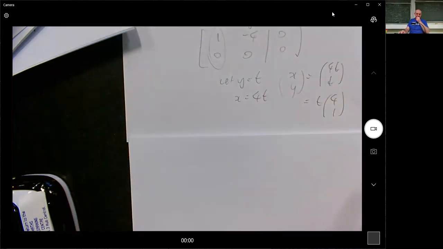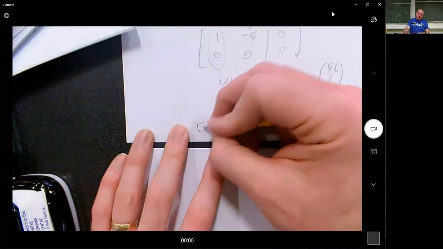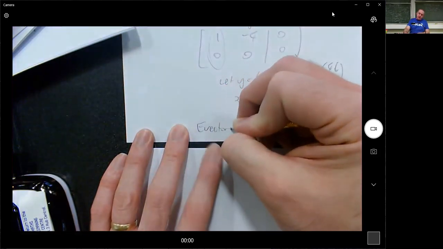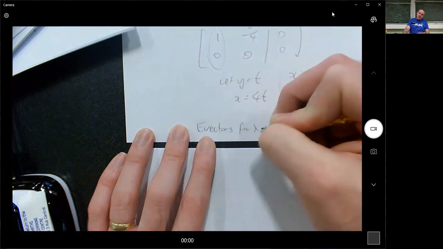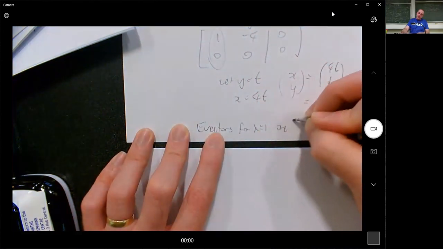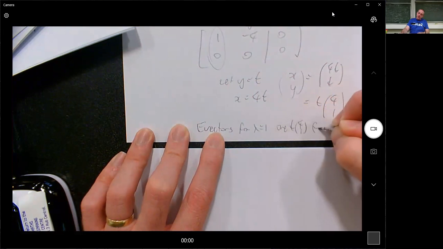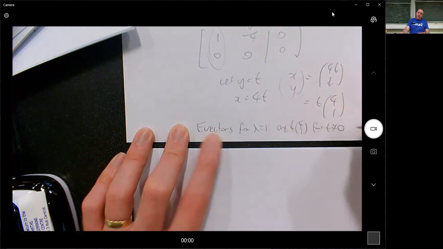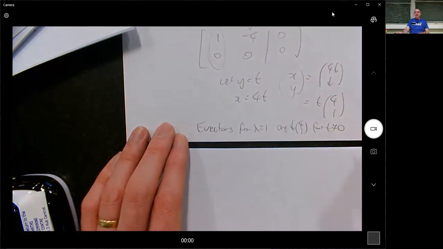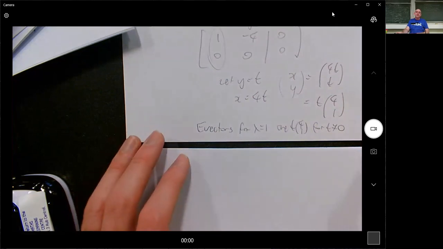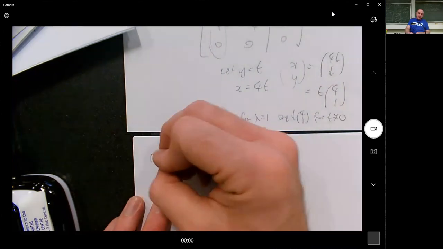Okay. So just to be absolutely clear, the eigenvectors for lambda equals 1 are t times (4, 1) for t not being 0. But the eigenspace is t times (4, 1) for t being anything including 0. Yeah. Okay, let's find the eigenvectors